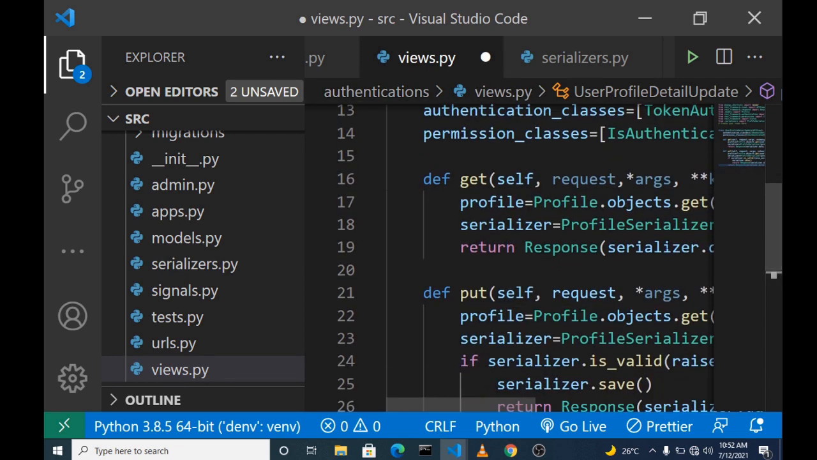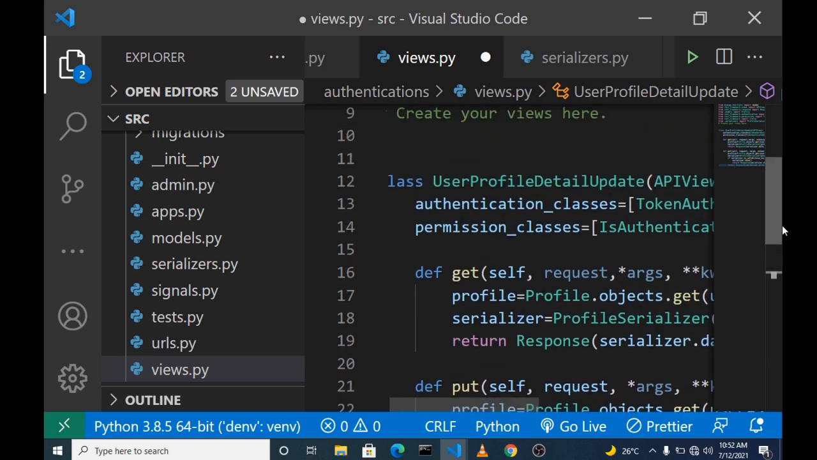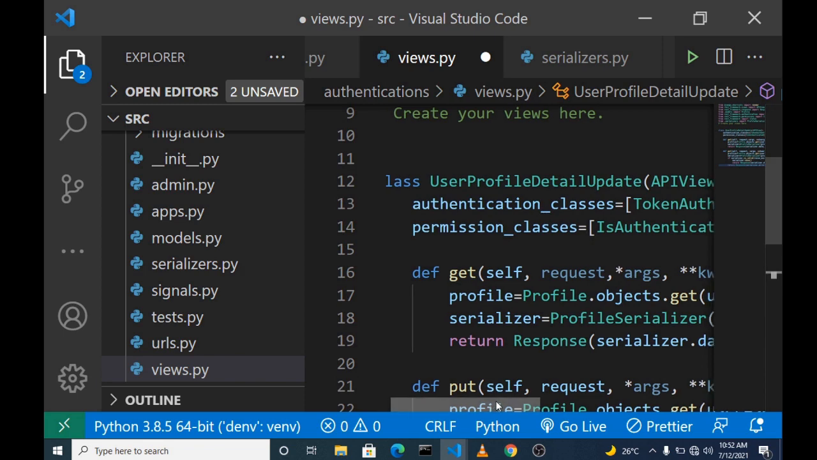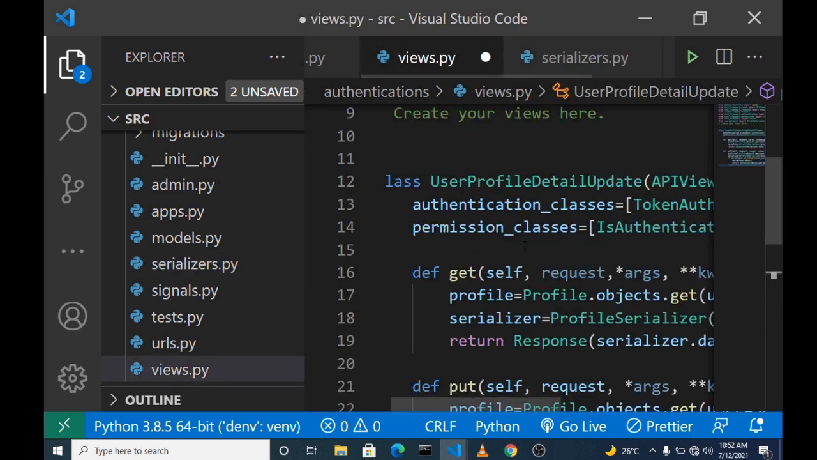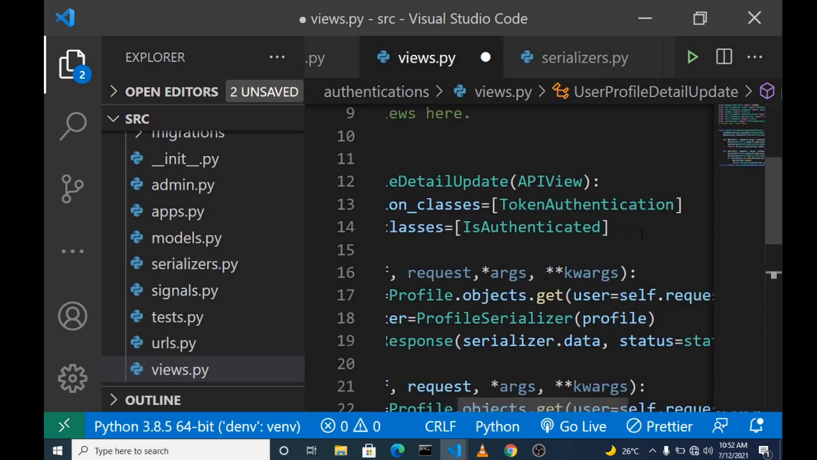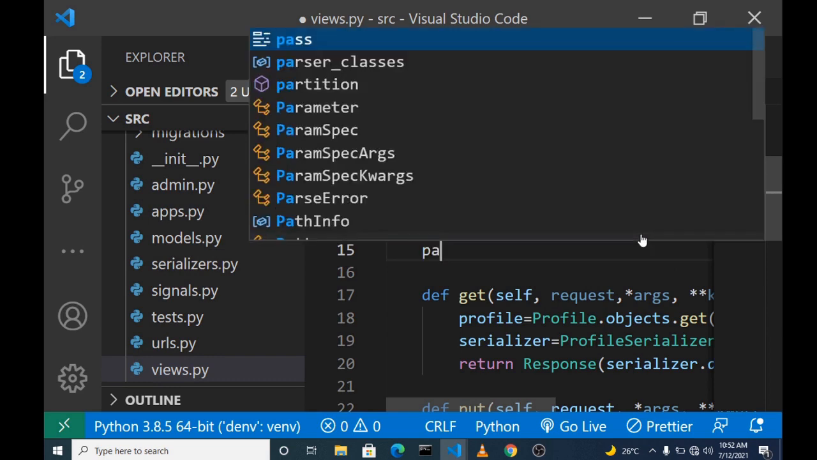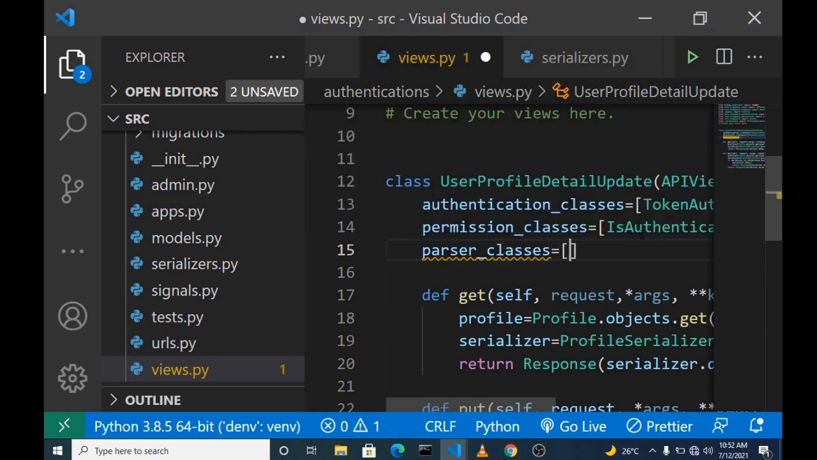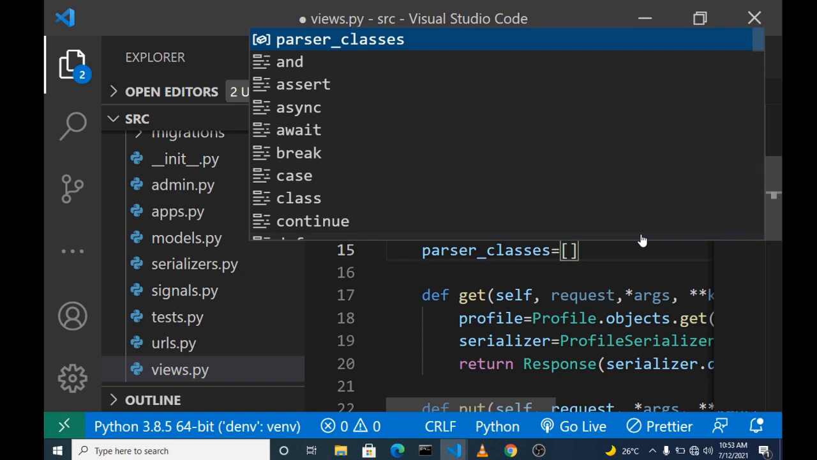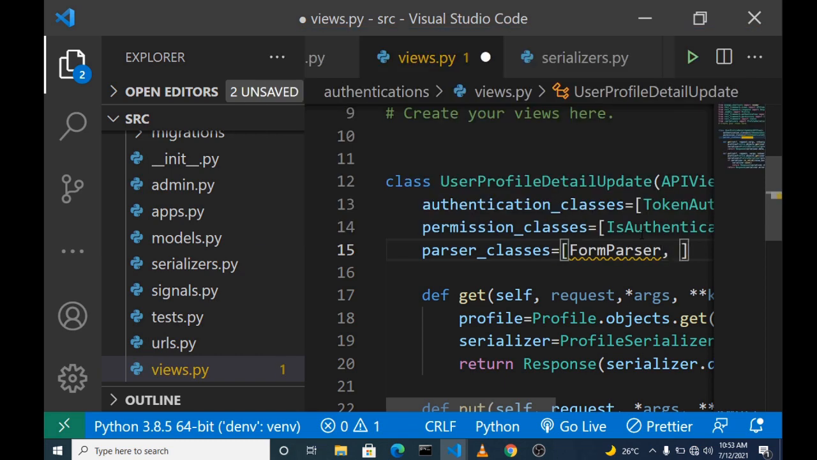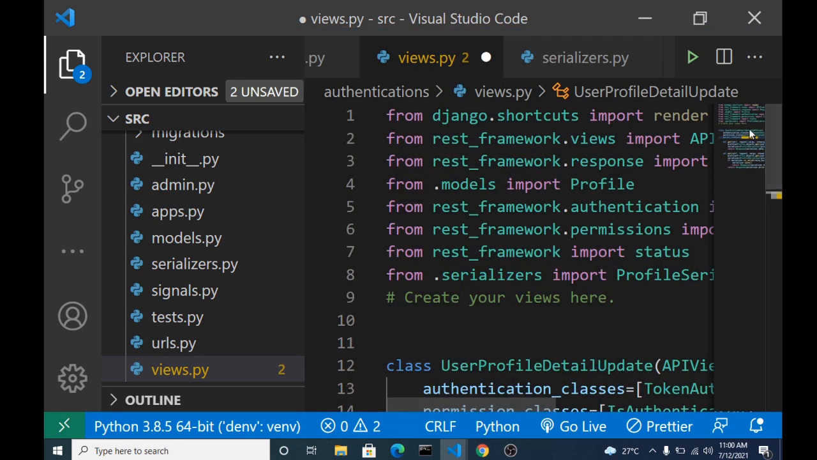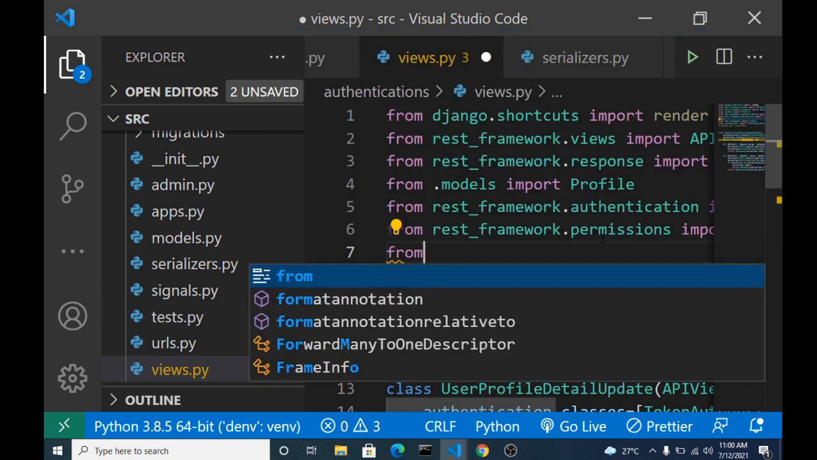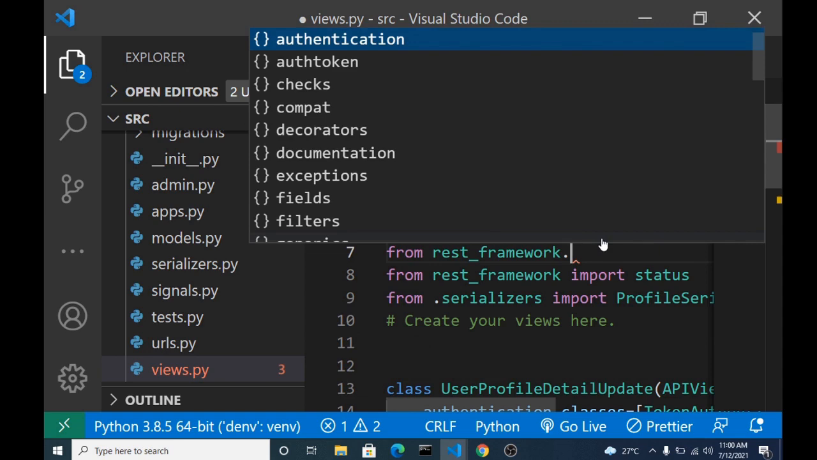We need to provide the parser for the image, because remember everything is in JSON, so our content type is JSON. And we are asking to provide the profile image, which is an image file. So we need to provide the parser that will be able to parse the image, so we need to provide the parser classes, which is a list, and you can take a couple of parsers. So we're going to say form parser, and also we need the multi-part parser. We need to import them, so I'll quickly do the import from rest framework